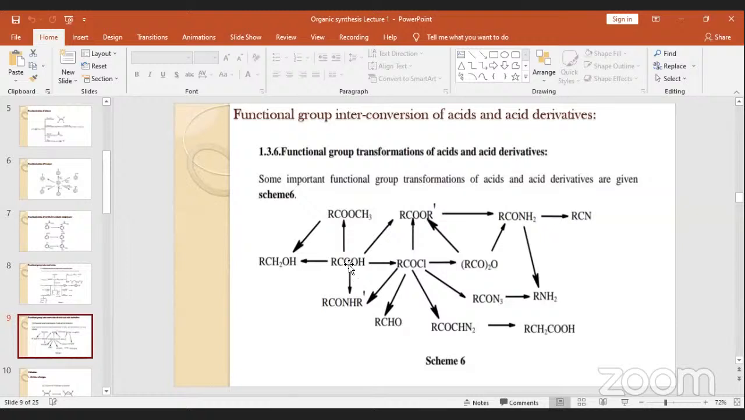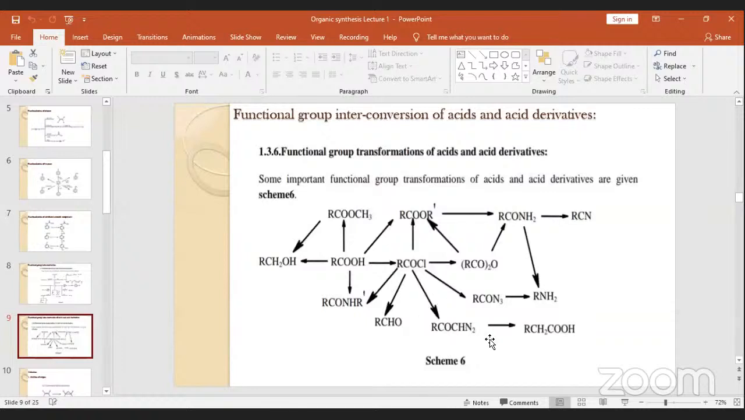And carboxylic acid can be converted to amide. How? It can be converted to acid chloride and then treated with amine to give you amide. It can be converted to the acid chloride and it can be converted to aldehyde. That means acid chloride can be converted to aldehyde. Acid chloride can be converted to